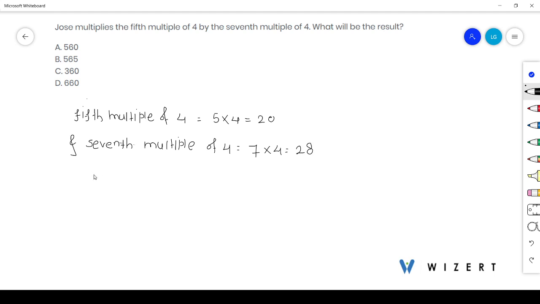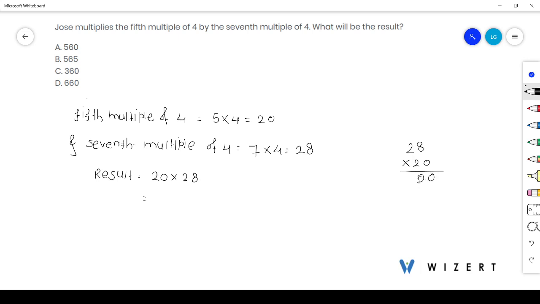So the result will be 20 by 28. Multiply this, 28 by 20. So it is